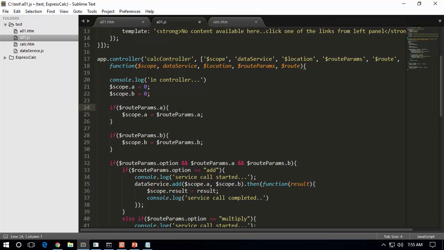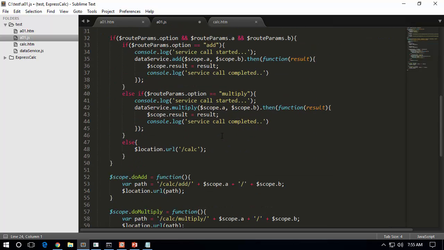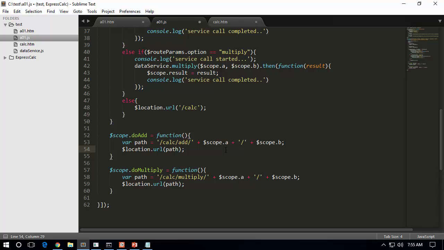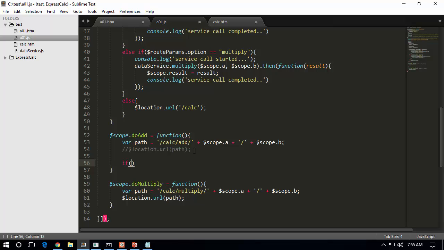In order to fix this, I go to doAdd. So where is this doAdd? Right here. And we have the path. Everything is fine. And here all we are saying is go to this URL. And this might not really work as we have already seen. So all we have to say is if the current location is already the same path, we have to ask it to reload. If the current location is not the same path as earlier, then we will say go to this URL. So in order to achieve that, I am going to use a simple if condition,